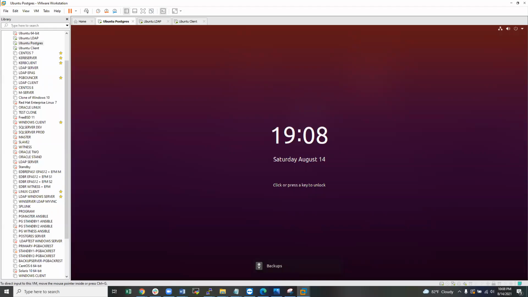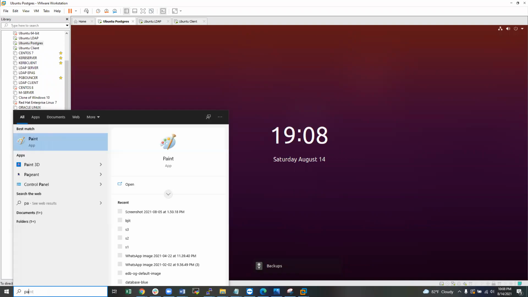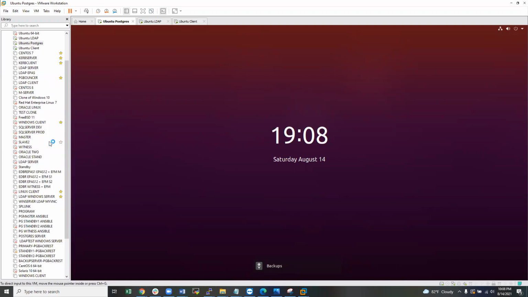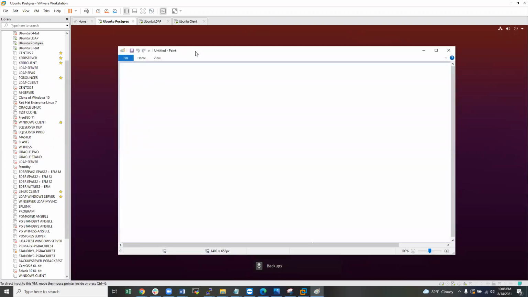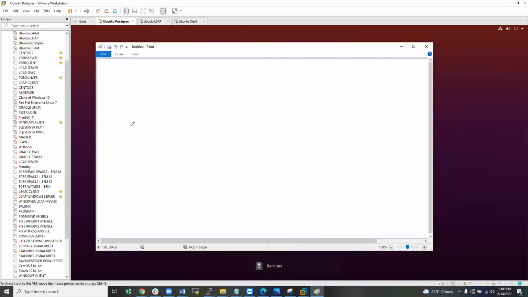Okay, hi everyone. What I'm going to be doing today is going through a very short video here, and this video is going to be all about LDAP, just setting up LDAP on Ubuntu. What I'm going to be looking at today is really simple. We're going to have an LDAP server here,